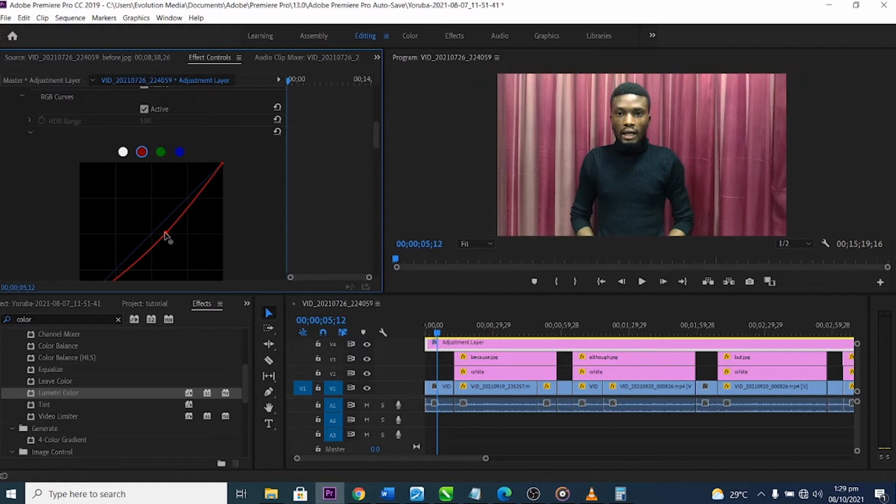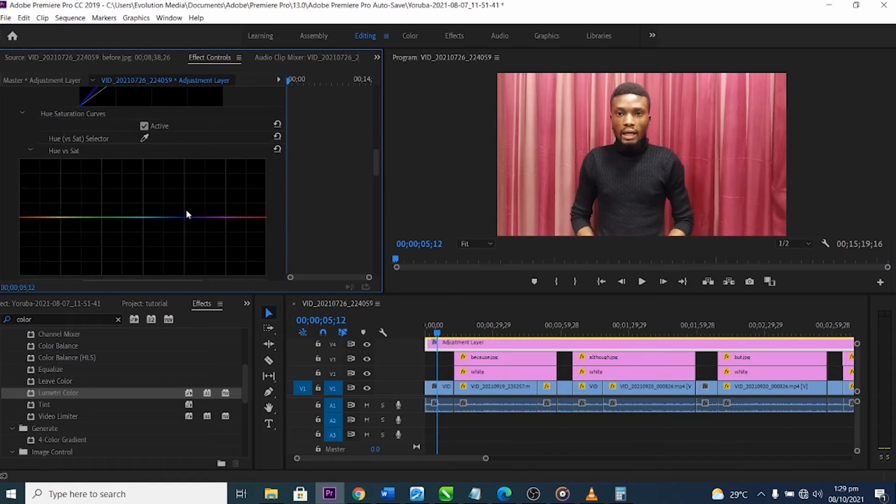You just have to play around with it to note which one is better for you. I like to increase my red a little bit, so I increase it a little bit. So let me go to green. Let me increase the green a little bit as well, and then let me come to my blue. Is it to increase or to decrease? Let me leave it at this. So I have that.